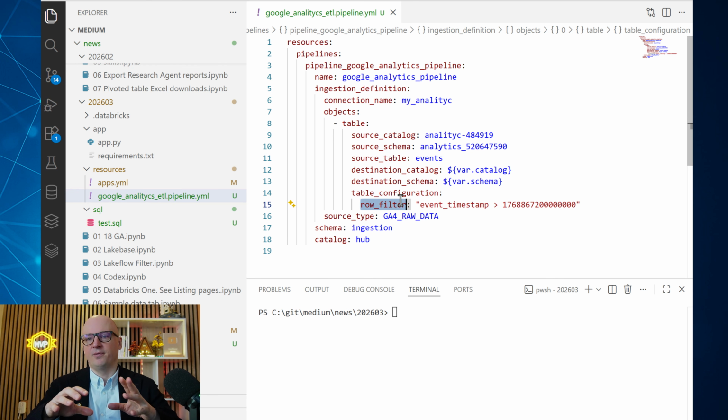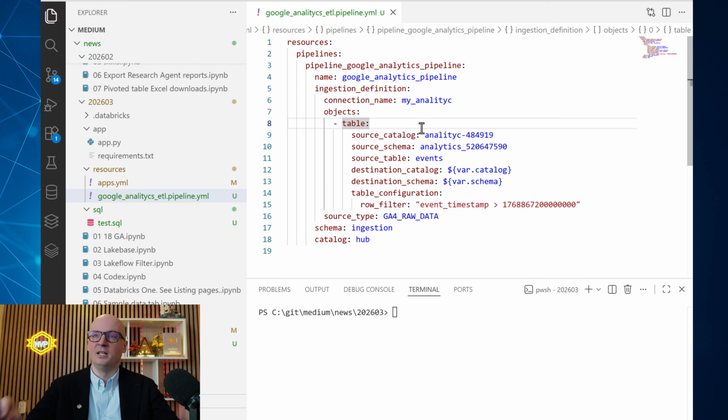That row filter can pass a query to the source and limit the number of rows which will be ingested. Especially, I found it useful for initial load, because if you load, for example, like here, events from Google Analytics, it can be petabytes of data. So if you use this row filtering, you can, for example, initially load only data from this year,